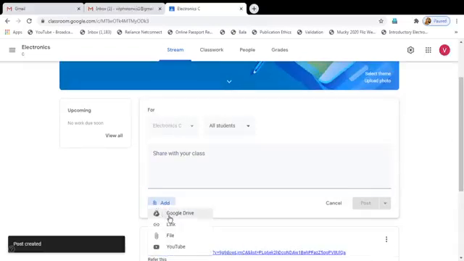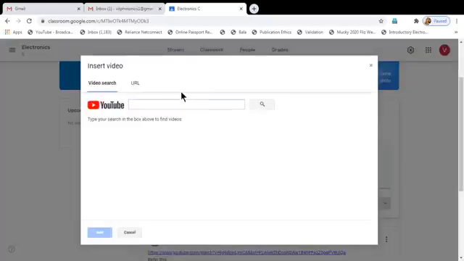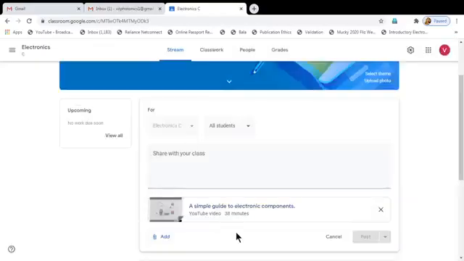You can take from Google Drive, link, file, YouTube. Right here you can paste. So search. See, you can find this, and you can see it is posted, right?